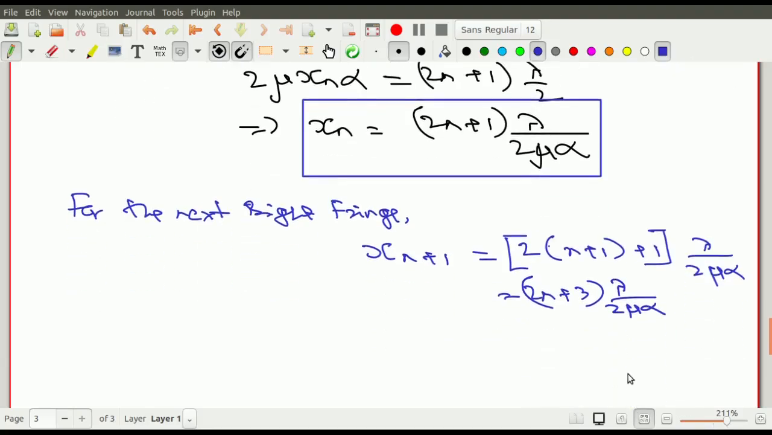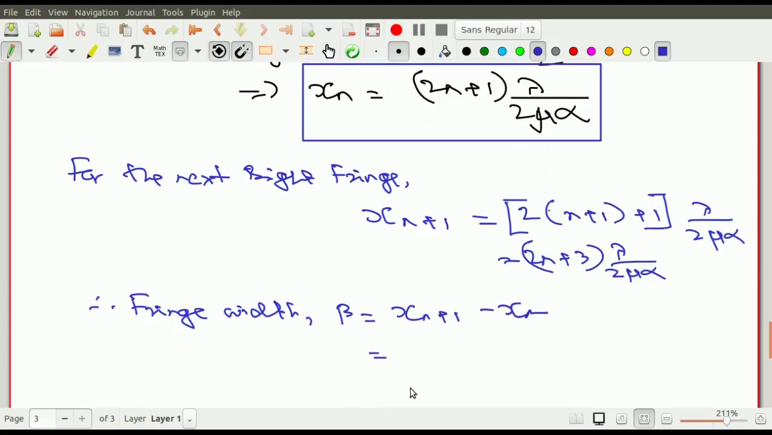So what is the fringe width then, তাহলে fringe width কত আসবে, fringe width formula you always know, that is the difference between two successive fringes, দুটো পরপর ফ্রিঞ্জের মধ্যে পার্থক্যকে fringe width বলে, so it is definitely xn plus 1 minus xn, so that gives you how much, তাহলে এখান থেকে কত পাবে, xn plus 1 minus xn, so if you just subtract this 2n cancels, এখান থেকে এটা 2 আসবে, 3 minus 1 is 2,